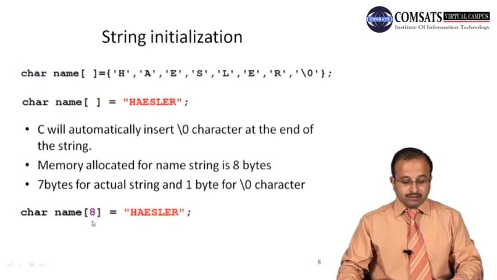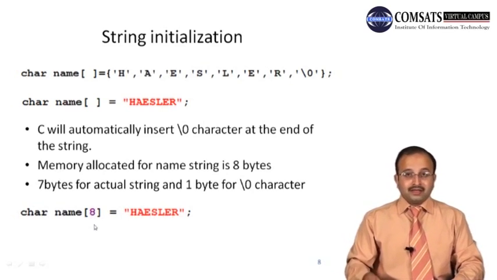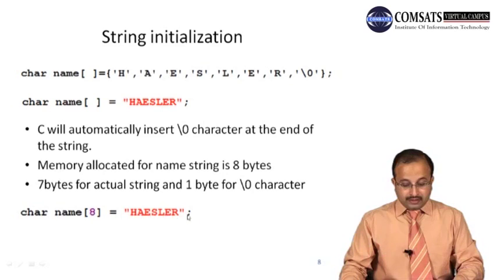So this size must be 1 plus the number of characters you specify in the string constant at initialization time. So whenever you initialize it, for the number of characters here, you have to add one to mention the size over here. And there is no need to mention the size over here when you initialize the string, it will calculate the size automatically. But when you write 7 over here, then the null will be written in the next byte, after these 7 bytes,